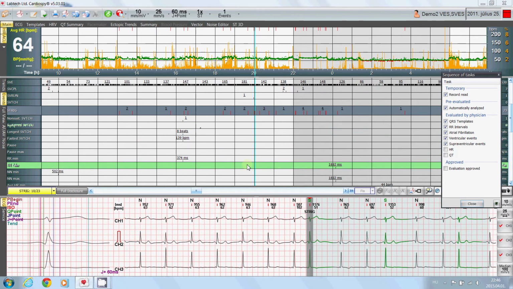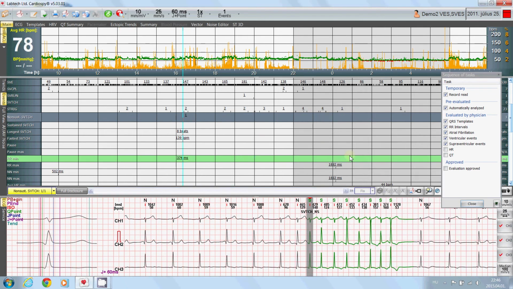Oh, excuse me, there is actually one episode of non-sustained supraventricular tachycardia, which is indicated as the longest and fastest supraventricular tachycardia episode. So once we've completed the supraventricular events analysis,